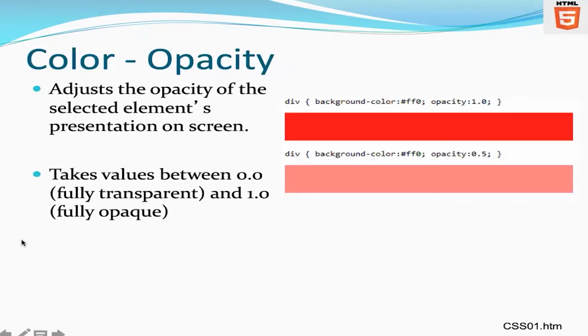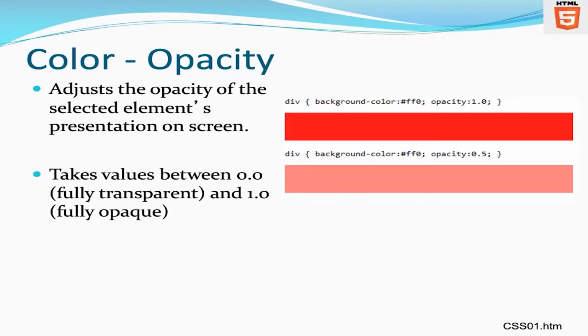To start with, let's take a look at a property called opacity. Just a little bit of a heads up here. Opacity is a property which we previously had supported by a couple of browsers. It was not a part of the CSS standard per se, hence not every browser supported it. Now, with the introduction of CSS3, opacity happens to be a part of the CSS standard itself. Okay, now what is this?